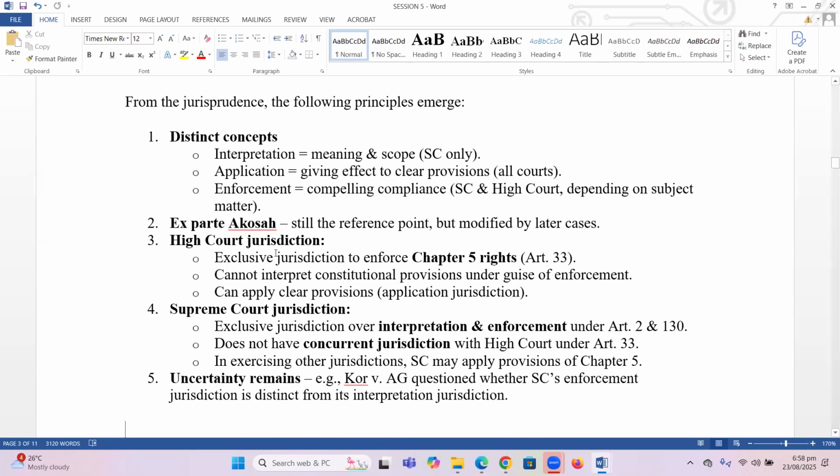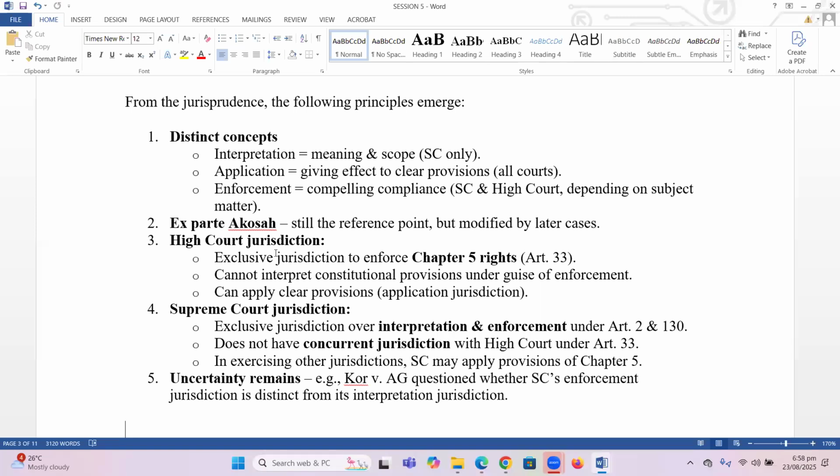So again, the High Court has exclusive jurisdiction to enforce Chapter 5 rights, as we've seen Article 33. The High Court cannot interpret constitutional provision under the guise of enforcement. And remember the Nana Ambofo Ajay versus the Attorney General, what they call the Pate Latrine case. Ordinarily, one would say that it has something to do with human rights, but then it also has a broader effect for the entire constitutional order. So the Supreme Court assumed